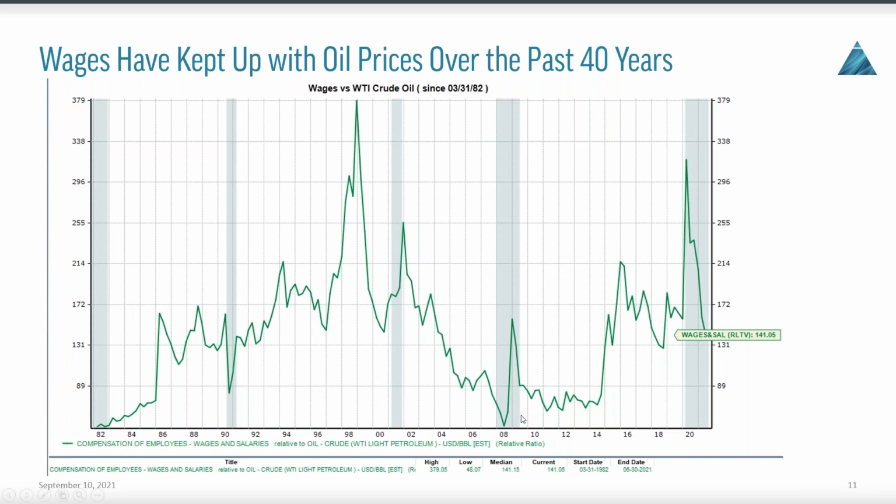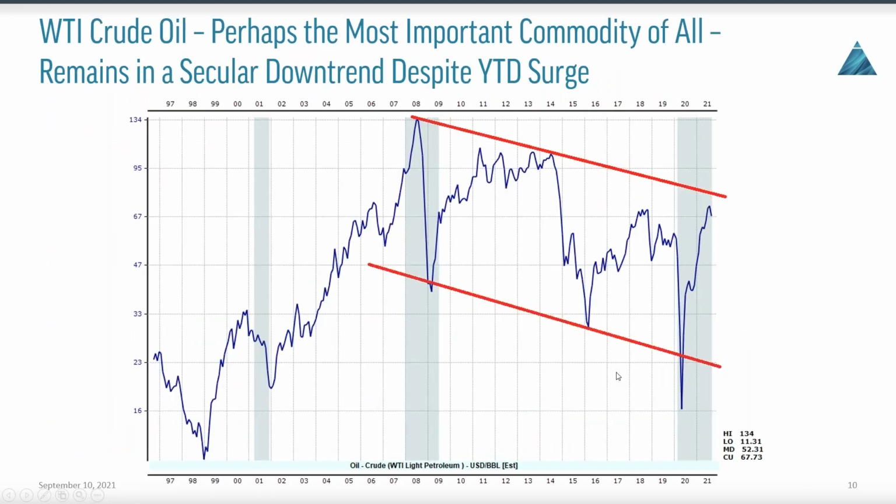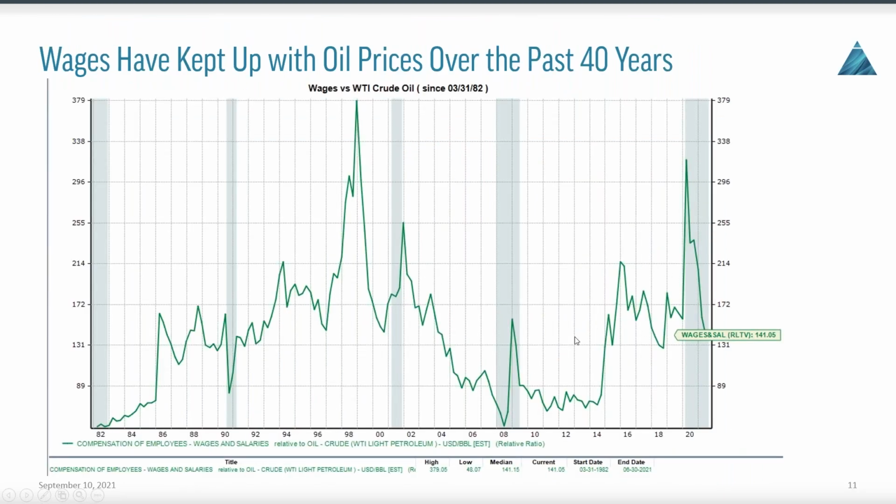And really, over the past 10 years, wages have actually outpaced the growth in the price of oil, partially because, in the last 10 years, as I just showed, the price of oil has actually come down pretty steadily here. So even with that huge volatility in between, we do remain in a secular downward sloping channel. And over that same time period, wages have consistently risen. We do see this huge volatility, but overall, from the depths of the recession and really even the early stages